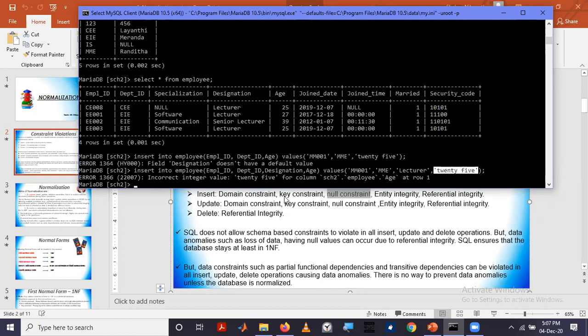Okay, now we will see the key constraint. The key constraint specifies that if there are candidate keys, they should be declared with the unique property.